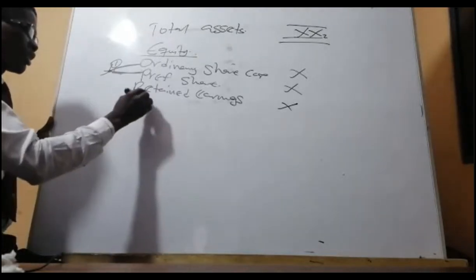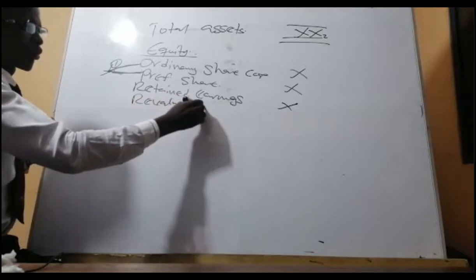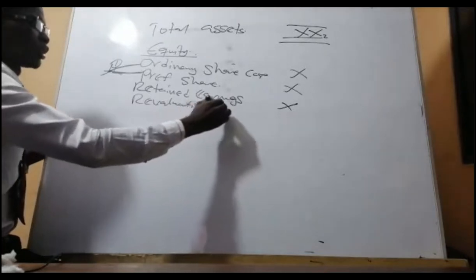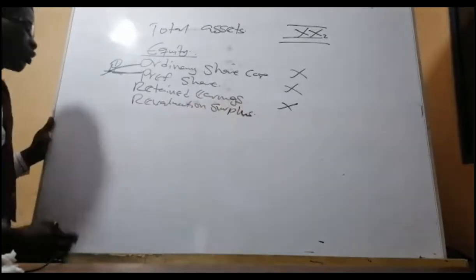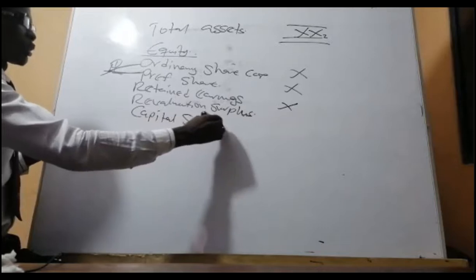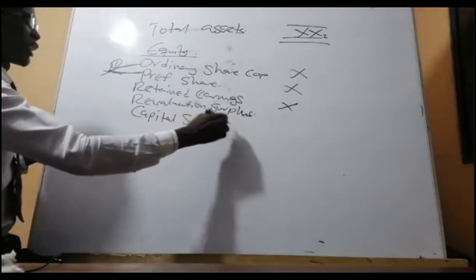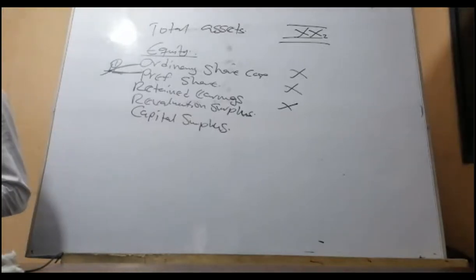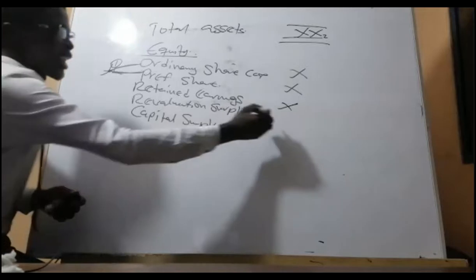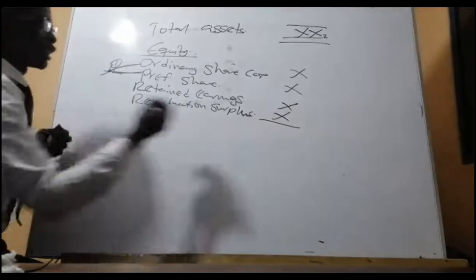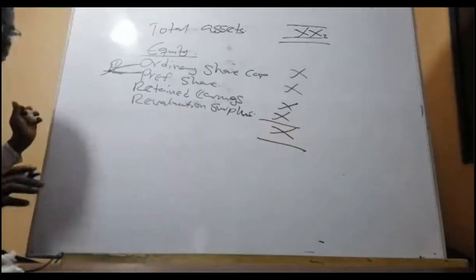Then you go to revaluation reserve. Revaluation reserve or revaluation surplus. I like the surplus more than the reserve. It's also called capital surplus. They are the same, capital surplus. Just that your examiner likes capital surplus. Then I also like revaluation surplus. So two things. Good. Then you put together all the equity items. Then you get a total equity. Then you relax for a while.